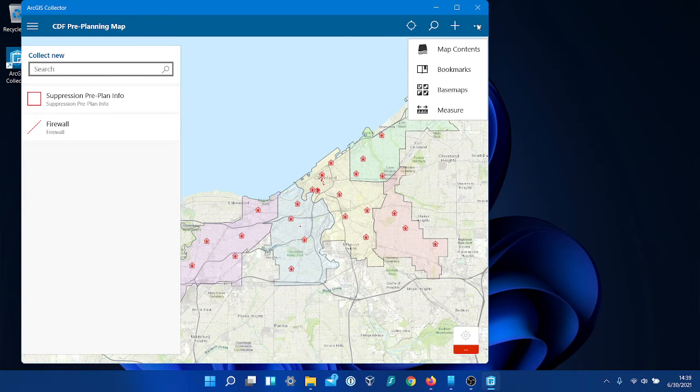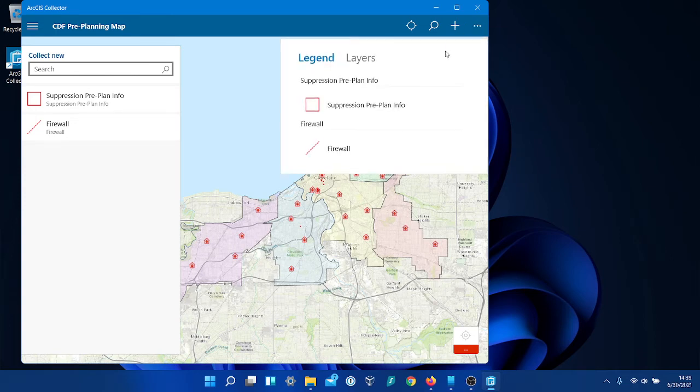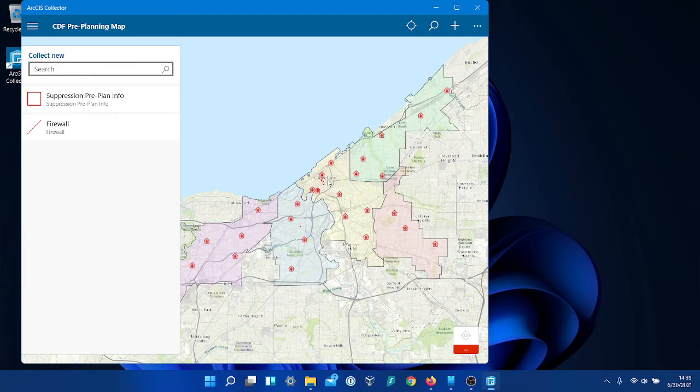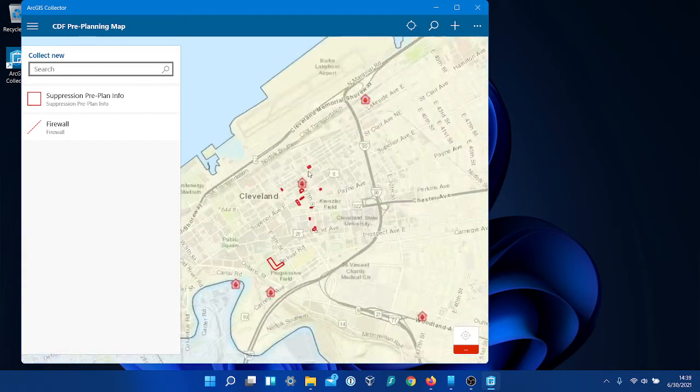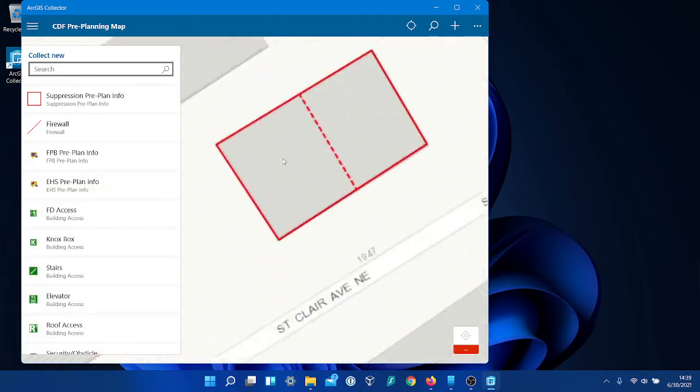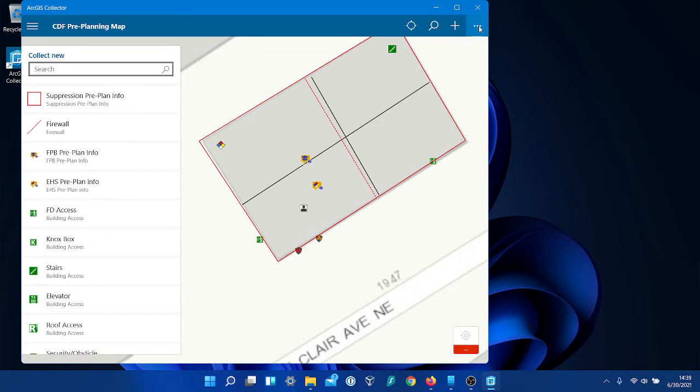Now our menu here, we have map contents, which is our layer and our legend. Right now the legend only shows 2 items because there's only 2 layers with items that we're looking at. So you'll see if I get out of that and I zoom in closer to where we have some icons pop up that we put in earlier. Now when I go there,